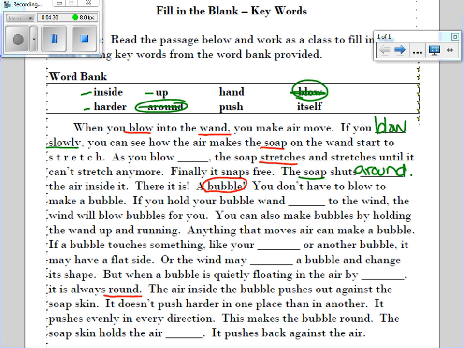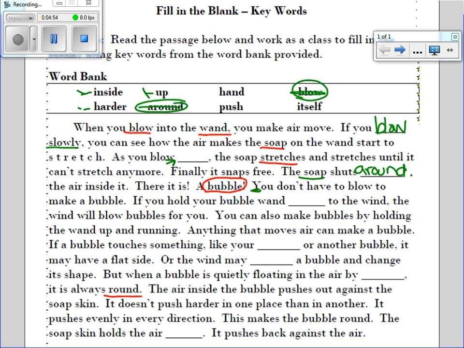And on a DRP, just one last note. It's okay if you don't get an answer as long as you go back to that answer and fill it in later. So I still haven't decided between these three words, this one, and this one, what could be filling in this blank. So I'm going to still save that for going back to later. I'm going to start over here. You don't have to blow